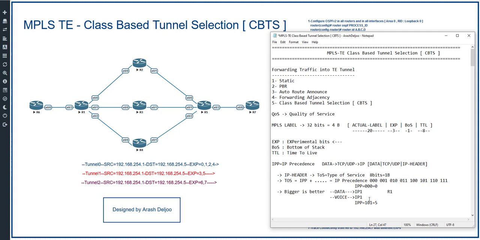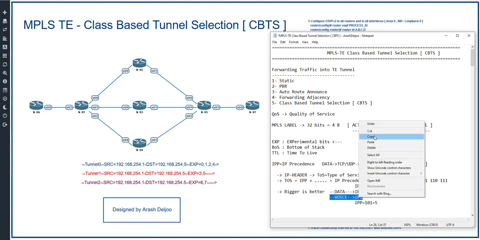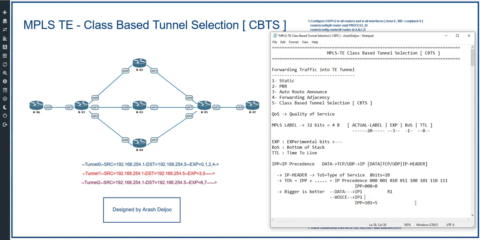Now we have 2 packets with the same destination IP but with different IP precedence. Because of that, R1 can understand that it should forward the voice packet faster than the data packet. And now you can see the logic of bigger is better. Bigger IP precedence